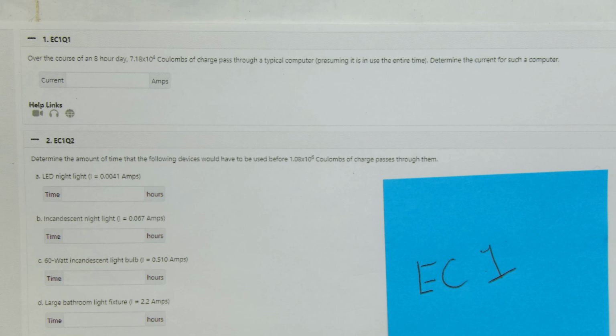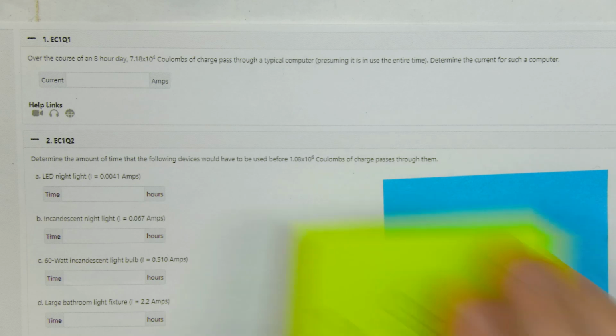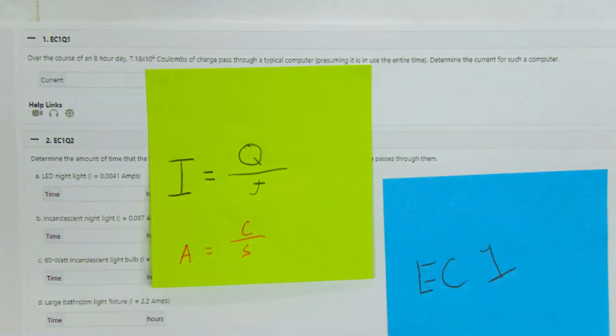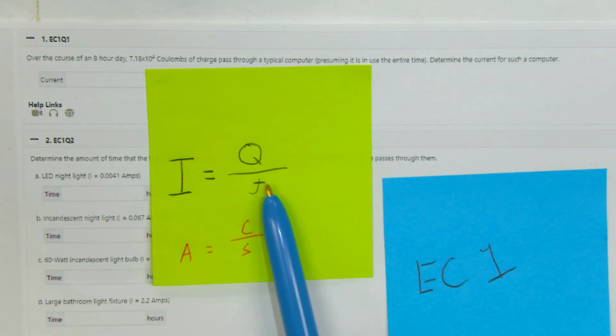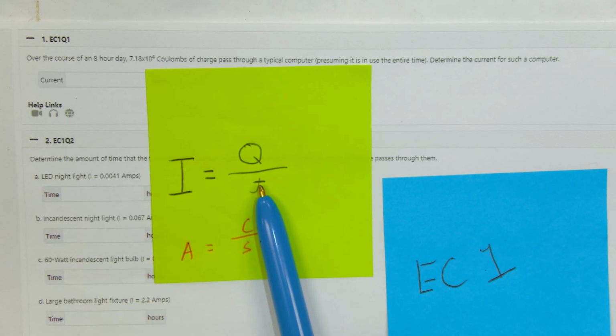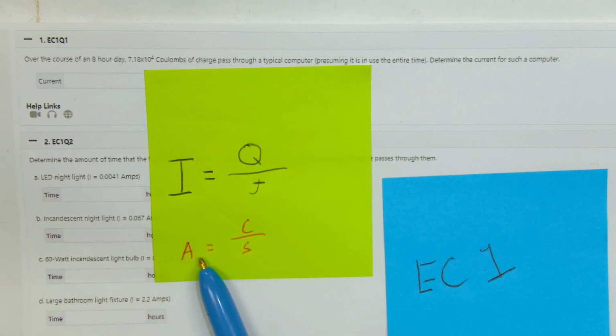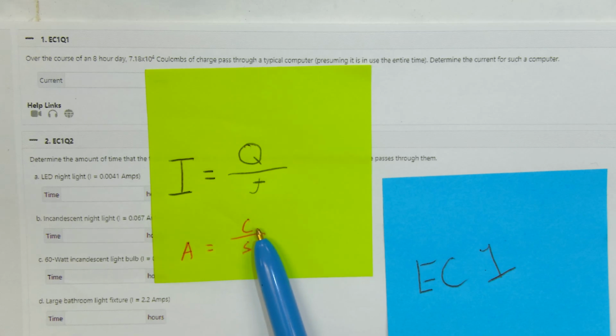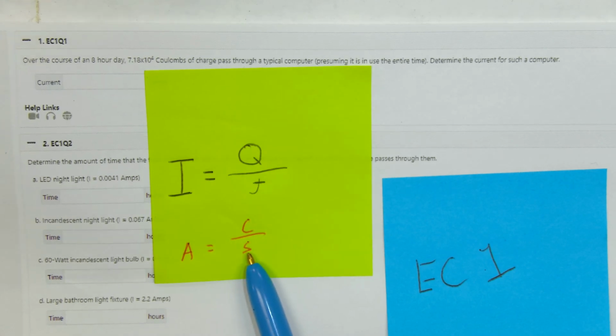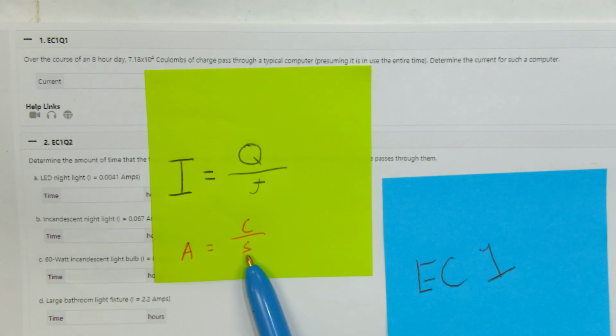So to do this, we need the equation for current, and that equation is right here. Current is equal to charge, Q, divided by time, T. The SI unit for current is amps, coulombs is the SI unit of charge, and second is the SI unit of time. So what that would look like